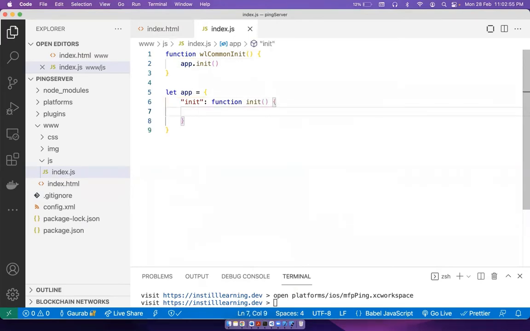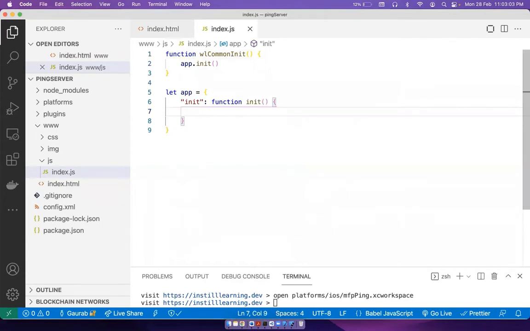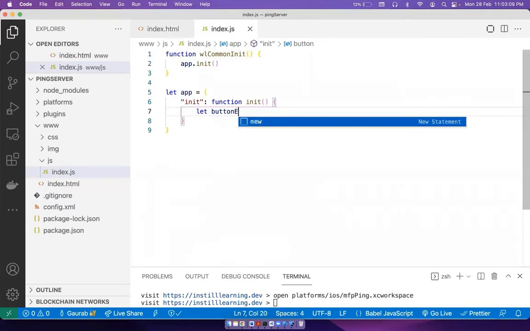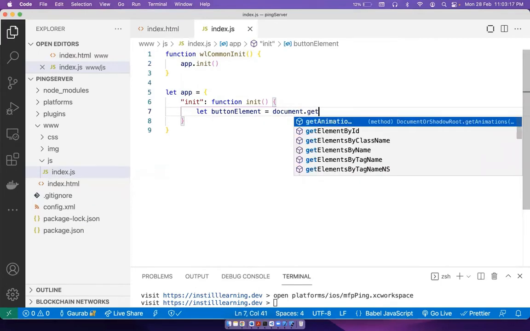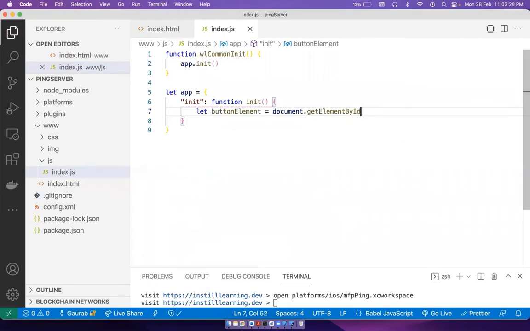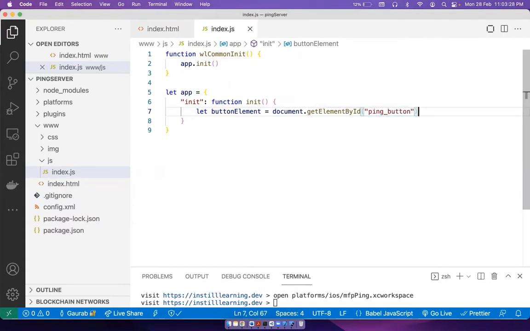and so we have a button element, right? So we will create a button element here, let buttonElement equal to document.getElementById, and the id of the button is ping button. Fine. So next thing what we can do is, once the application is initialized,